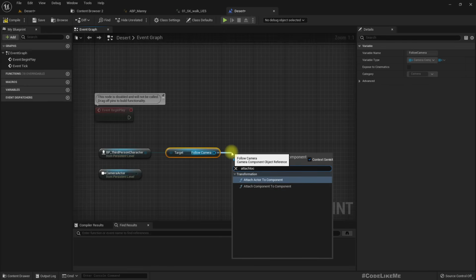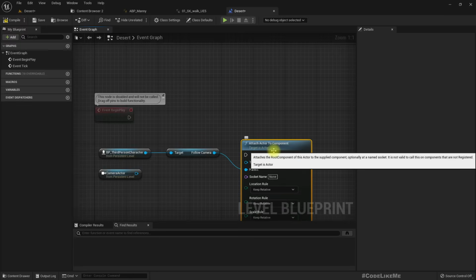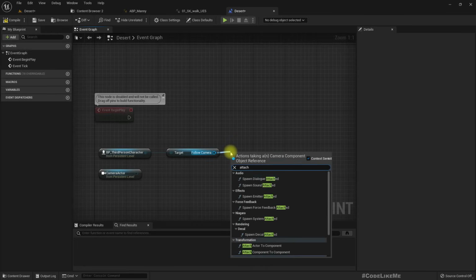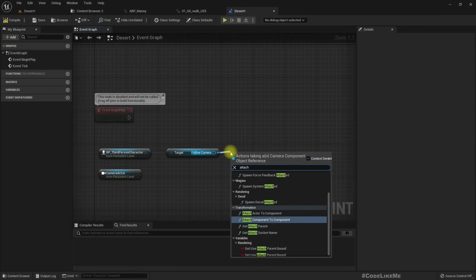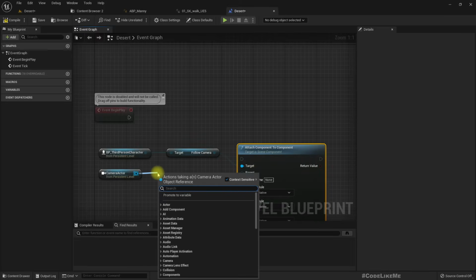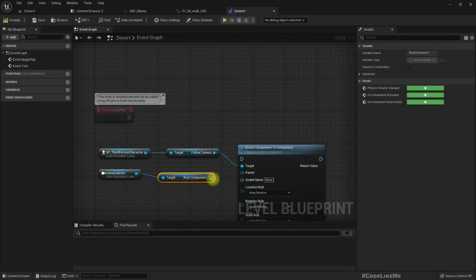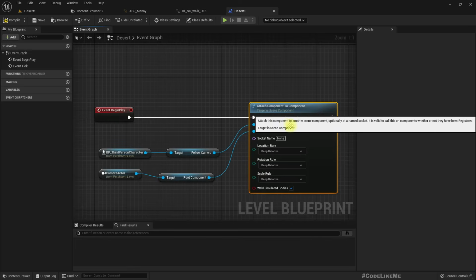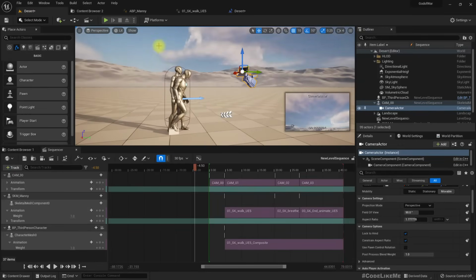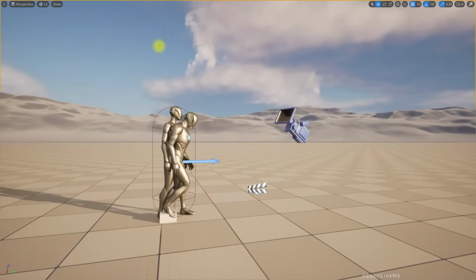Attach to component, attach component to component. So the parent is this camera's root component. Right. Location, snap to target. Rotation also snap to target. Scale doesn't matter. Right. Now